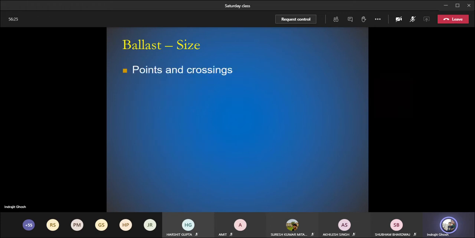Now, points and crossing, those are unique places. So we have seen photo of points and crossing. So this is point location, this is crossing location. Overall, it is known as turnout. So what about the size in case of points and crossing? Now we understood that points or crossing location are some unique location where there are many uniqueness associated with the track. Okay, that's why we have seen that wooden slipper is still used in case of bridges and points and crossing, because they can be cut as per our wish.